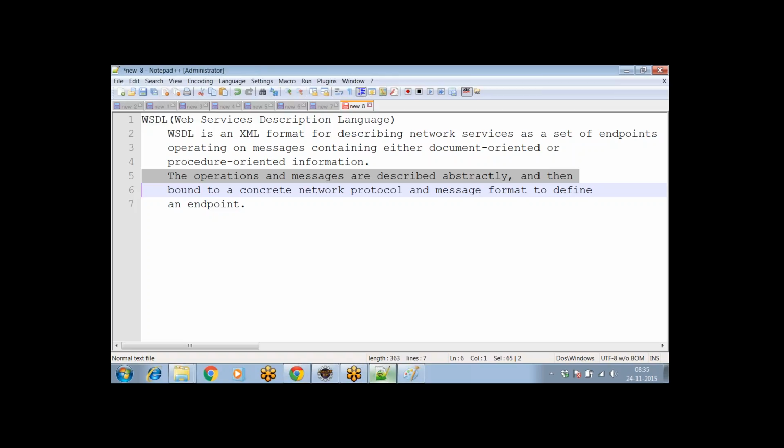Now, first of all, what do we mean by operations here and messages? Any idea why this term operations is used in SOAP-based web services? Okay, it plays a key role. It's important to know what we mean by operations here. Operations means